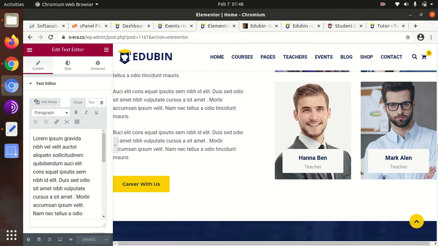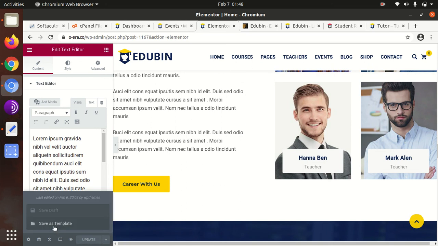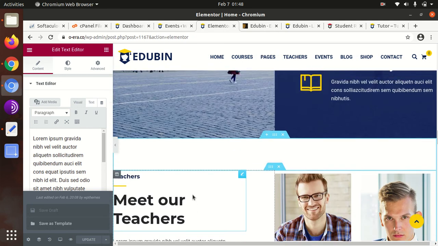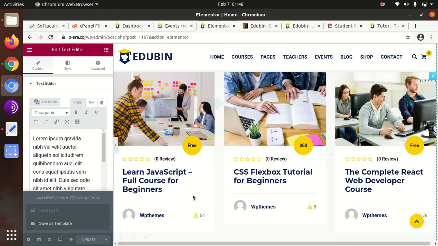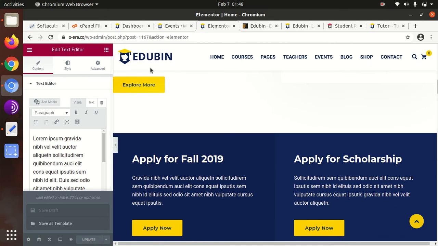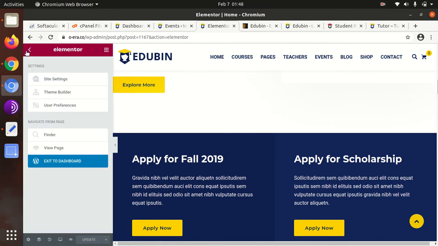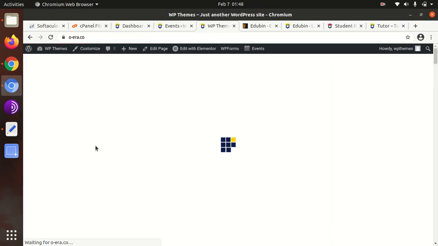And if you are doing it for the first time, I will recommend you to save a template first before editing any page, so that you may take a backup of this page, and this can be helpful just in case you made any error. You can restore the page, and everything is fine with this theme, and I assume you will not get any trouble in this.